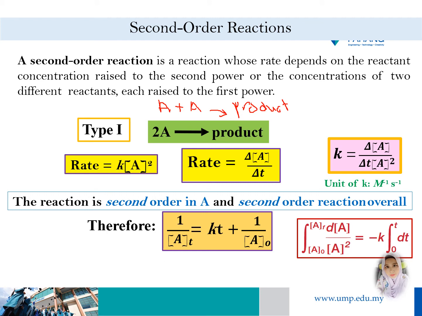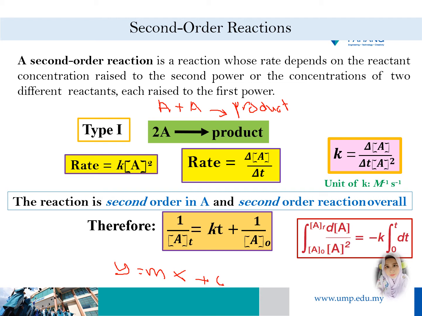So when we combine these equations, we can get k is equal to the change in concentration of A over t times [A] to the power 2, and the unit of k for second order reaction is M to the power negative 1 s to the power negative 1. Therefore, to get y equals mx plus c, we plot 1 over At